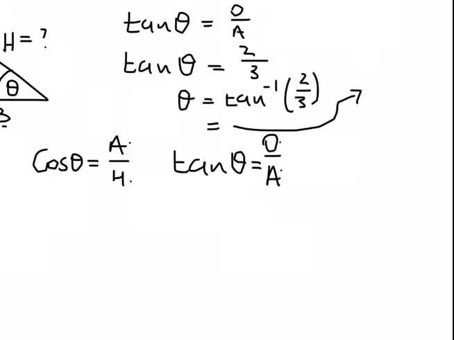Sometimes they say arctan, arccos, or arcsine. On your calculator, you click on shift, then you click on tan. You will see that it will do this thing of tan to the exponent of -1. It's because it is actually pressing the text that is written above that button. That's what the shift does. And then you punch 2 over 3, and then you close the bracket, and then the answer that you get is